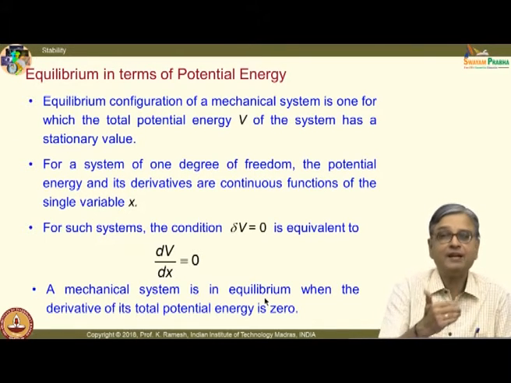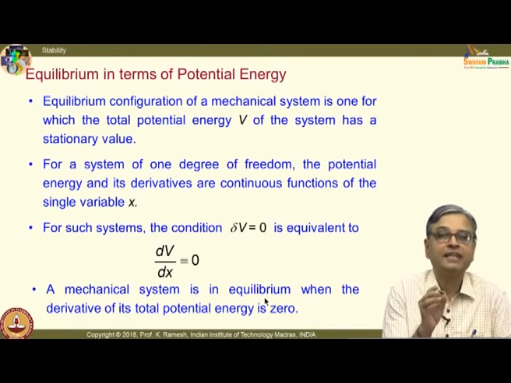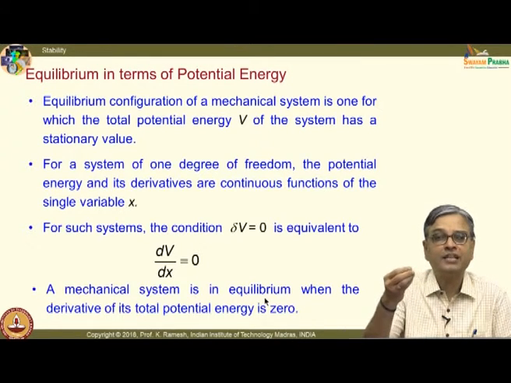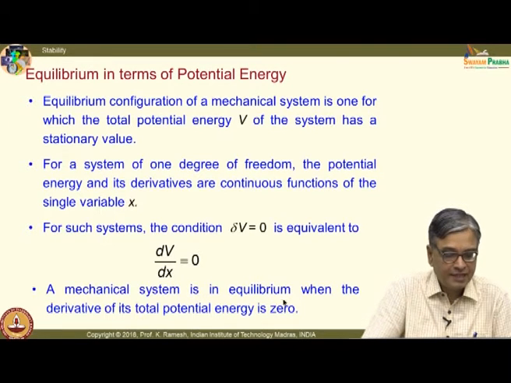So, to arrive at this statement, we started with the virtual work, then we included the action of a spring, then the gravitational potential energy, then all the energy contribution because of all other active forces also replaced as equivalent to an elastic potential energy. Then we are able to write and state that a mechanical system is in equilibrium when the derivative of its potential energy is 0. This is for a single degree of freedom system.